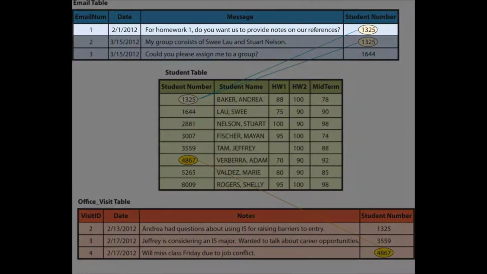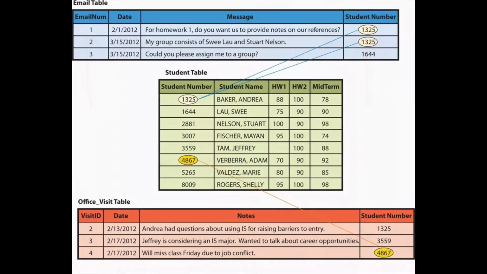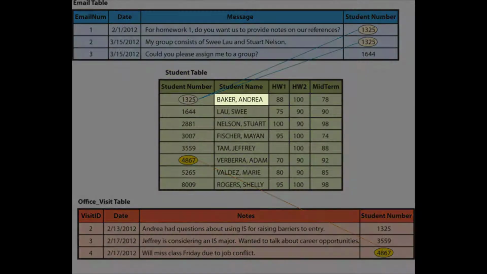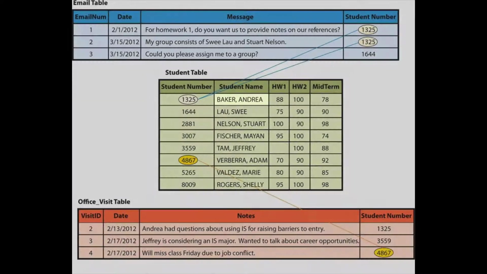In the email table, we have different email messages, all differentiated by an email num. The subject or sender of each email is noted by the student number in that table. It's much more efficient to have just the student number in the email table rather than having the student's whole name here. For one, it cuts down on storage space required for this table. Additionally, it makes name changes much easier. If one of these students were to change their last name, making the change in one place would make sense, versus finding all the instances of the old last name in a bunch of different tables.